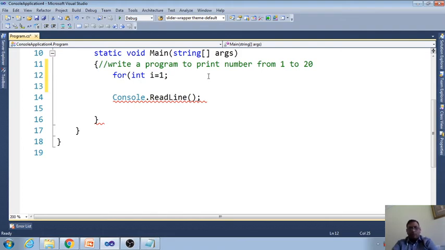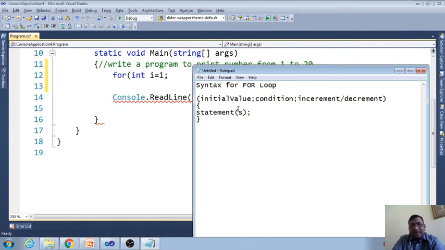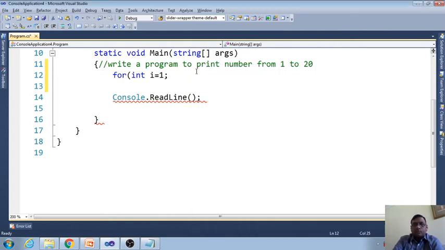Inside the for loop we have three things: initial value, semicolon, condition, semicolon. Remember, we need to give semicolons inside the for loop. Then the condition. Condition means till when this loop will execute. So I want this loop to execute up to i less than or equal to 20, semicolon.